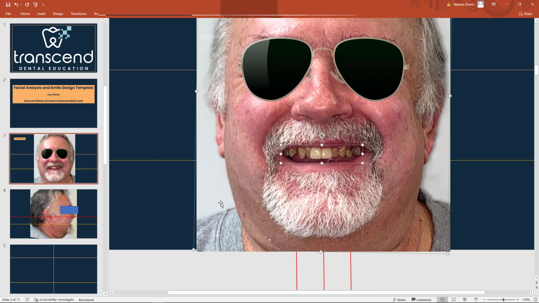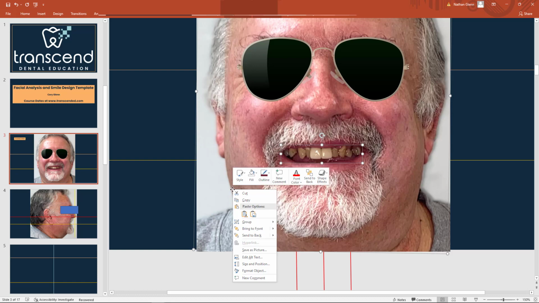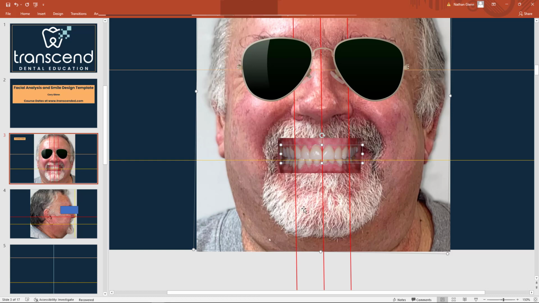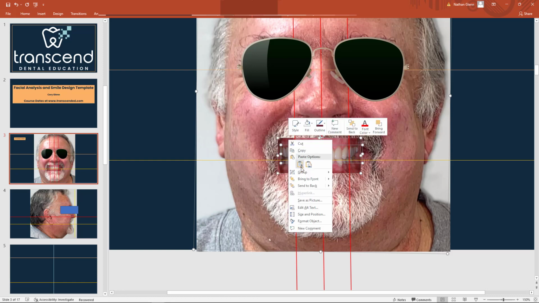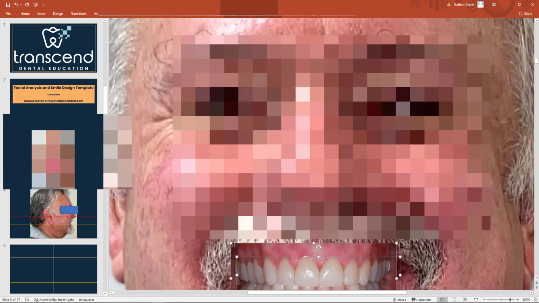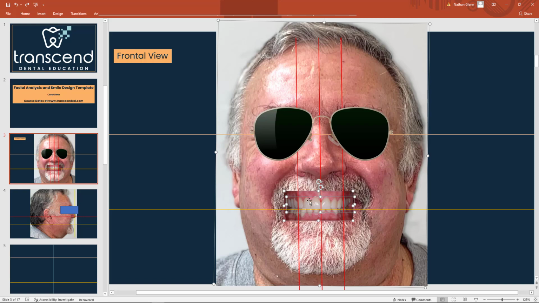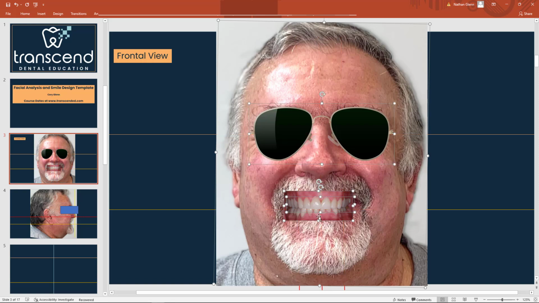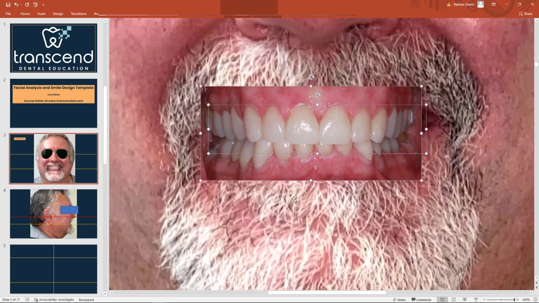What I need to do now is bring the picture of the teeth back to the front. So I'll send that to back, and I want to bring these two to the front so I don't end up with lines on this. So bring to front. Alright, so I'll bring to front, zoom way in, and